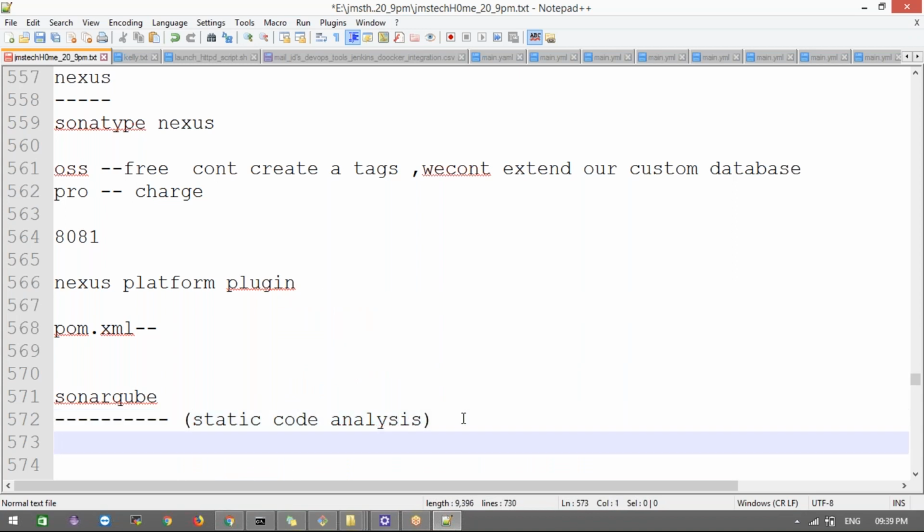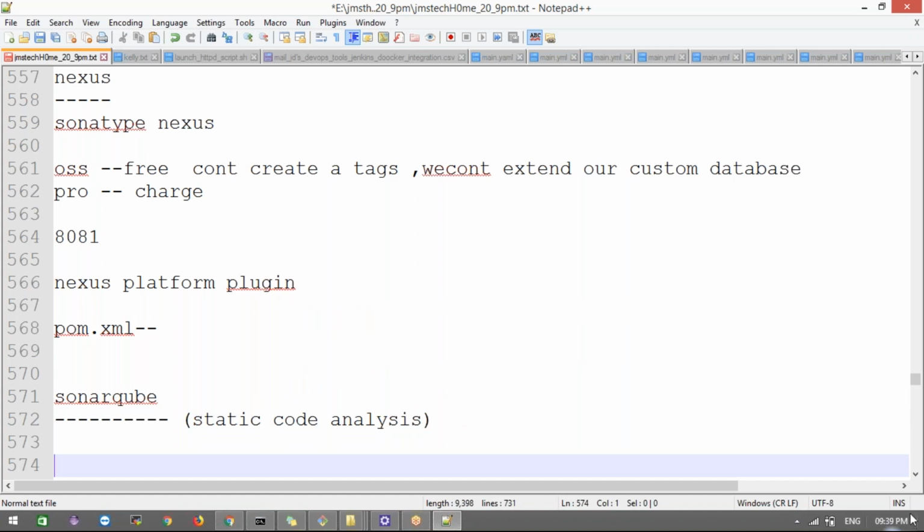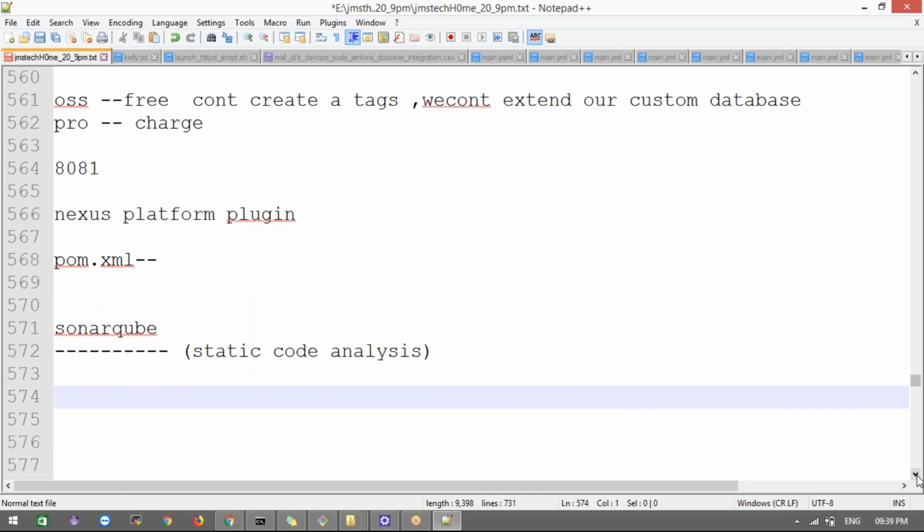Now, for example, developers have written the code. Some developers, like freshers or some people, did not properly maintain the code standards. If they declare a variable but do not use it anywhere, or they do not properly comment, or do not properly close the connections, like file input output streams and database connections. If you keep it like that, it will take a lot of resources to execute my program. Those bottlenecks we need to find out, and tell them, okay, these are the issues we have in this code, can you please maintain proper code for the next build.